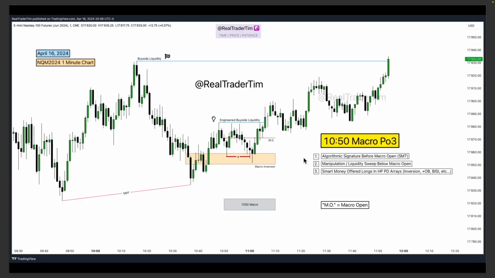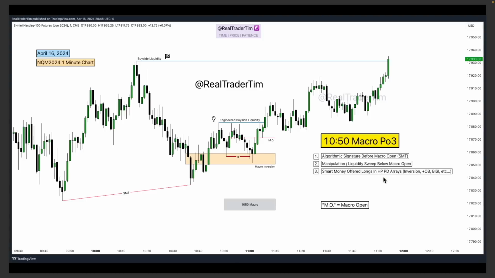And since we're looking for a long here, as you can see, we want to look for manipulation below that macro opening price. So how to identify that macro opening price? It's simple. We're at the 1050 macro on the 1 minute 1050 candle. You just take the opening price and you want to see price do what? Have that power of 3, that Judah swing, that manipulation, whatever you want to call it, that goes down to complete one of two things: a liquidity sweep, or I should say, refer to a discount PD array